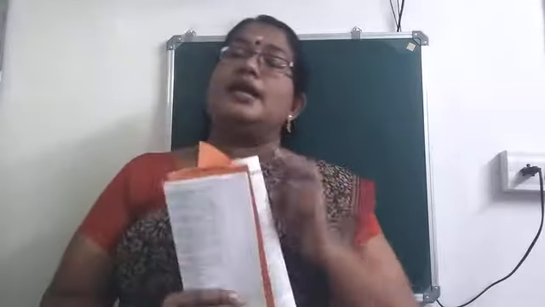Then in a question, if you are asked to calculate the current, you have to use Ohm's law. We have Ohm's law as V equal to IR. So if you are asked to calculate the current, instead of V we take epsilon, so epsilon is equal to IR. So what will be I? I will be epsilon by R. So in order to calculate current, always you have to consider external resistance as well as internal resistance.